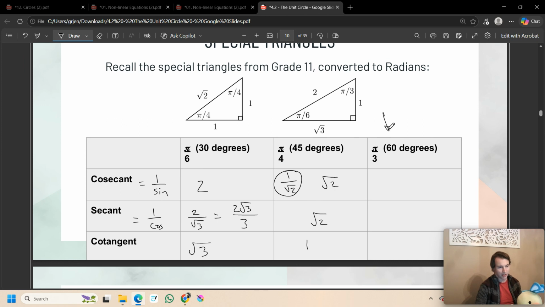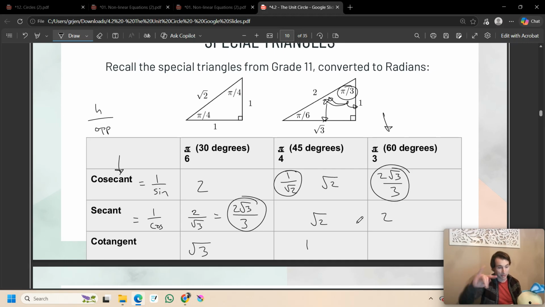Okay, now this one. And you'll recall that we could just take the secant and make it the cosecant, right? 2 root 3 over 3. Why? This is our angle of interest. We have cosecant, and cosecant is hypotenuse over opposite. So in this one, hypotenuse over opposite is just 2 on root 3, but then we rationalize the denominator. Secant is just going to be 2, because it's hypotenuse over adjacent for secant, flipped cosine. And then cotan is root 3 on 3,